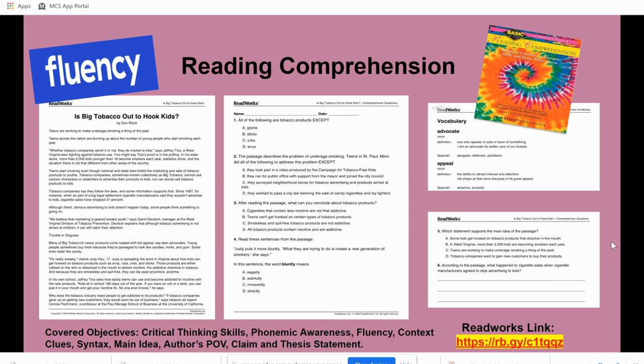So again, just to reiterate, this is an actual sixth grade text. Is it possible that I have a sixth grader who is reading at a fourth grade level? Absolutely. So what I can do in the ReadWorks database is find a fourth grade article. I don't want to overwhelm my student with something that I know that they cannot do, but I do want to make sure that they have the skill. So again, I am going to go into this database. I may be looking for a fourth grade reading level. I may be looking for a second grade reading level.